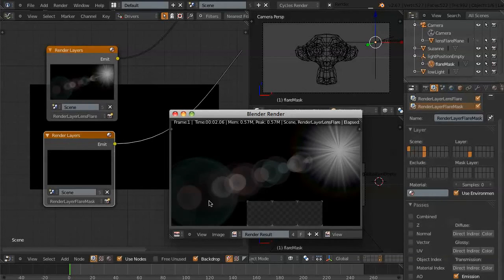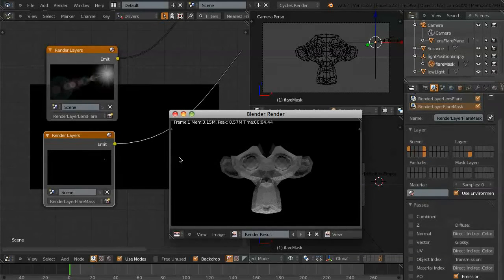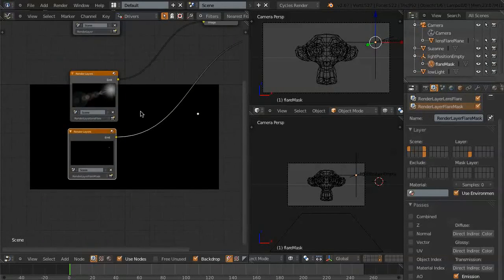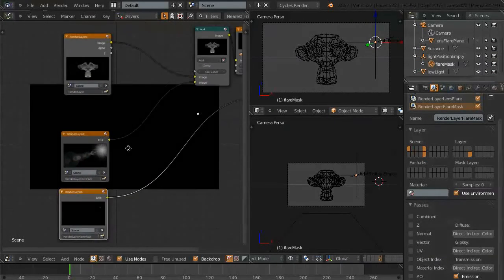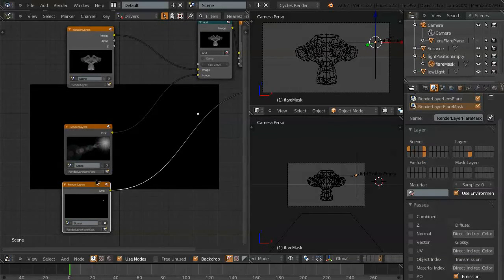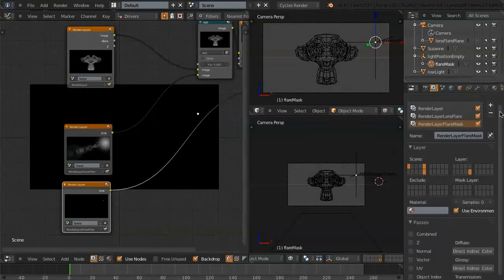We're rendering the lens flare, and we're also rendering that small masking dot that we've added. So we've got our three key render layers set up that we're going to need to achieve the masking. Now, just before proceeding to the next step, let's just do a little bit more housekeeping. For the